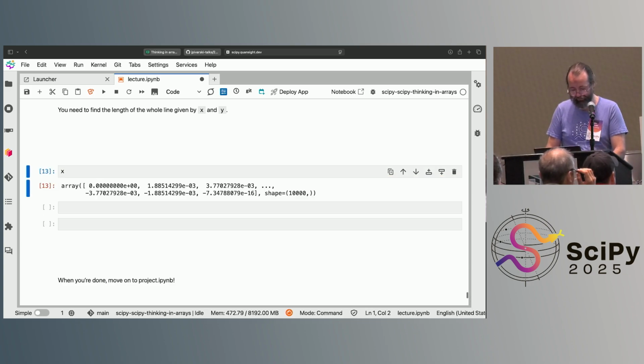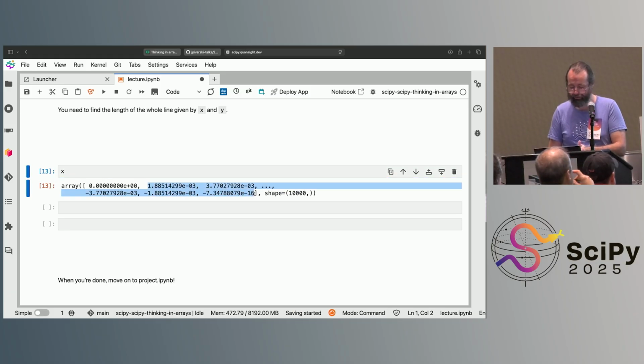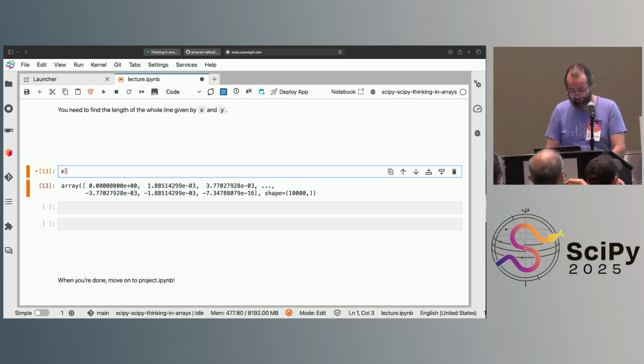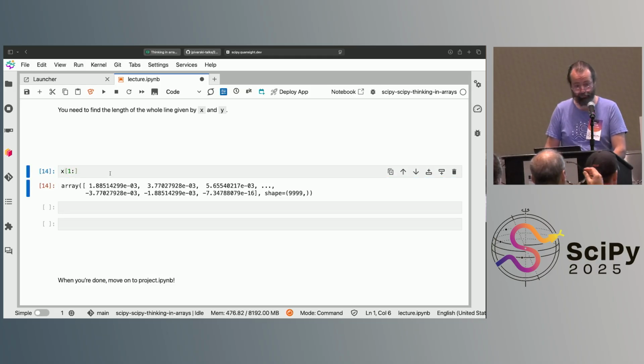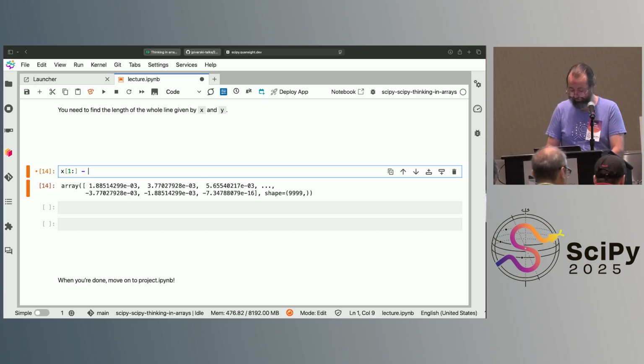So we've got all of x, and I want to find the distance from here to here, and then from here to here. The way that I can do that is if I had an array which is all of this, everything but the first, minus all of this, everything but the last, that would give me all the differences in x. So I'm going to have to slice here. All but the first looks like that, so we don't have the 0 anymore. And all but the last,